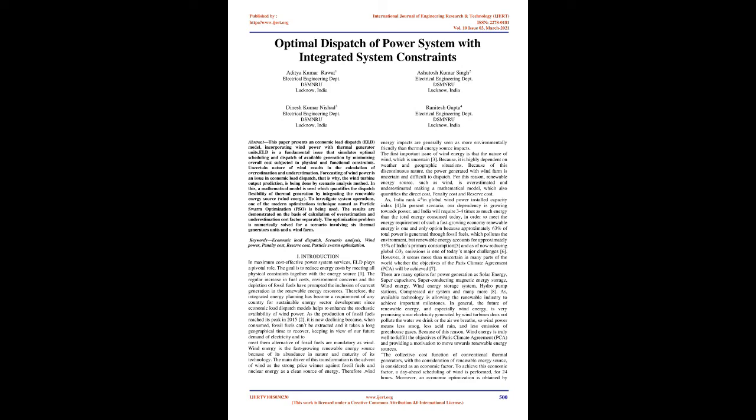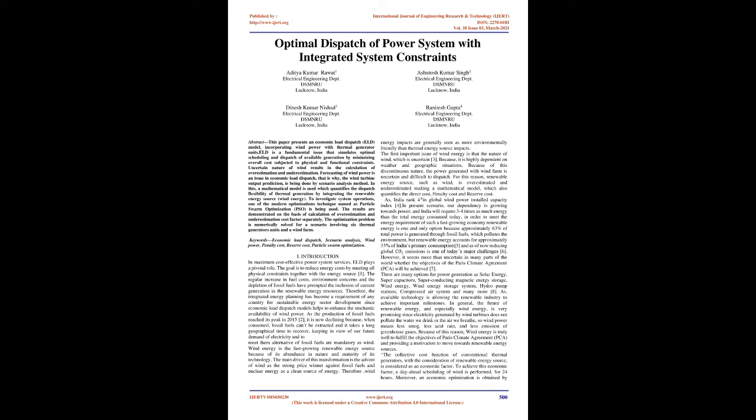physical and functional constraints. The uncertain nature of wind results in the calculation of overestimation and underestimation. Forecasting of wind power is an issue in economic load dispatch. That is why the wind turbine output prediction is being done by the scenario analysis method. In this, a mathematical model is used which quantifies the dispatch flexibility of thermal generation by integrating the renewable energy